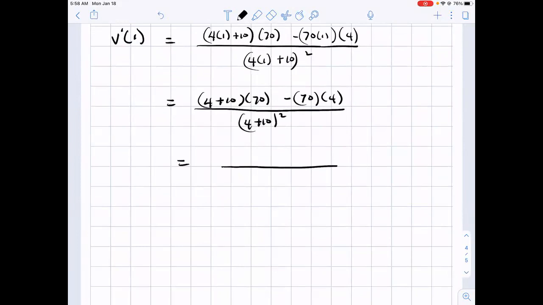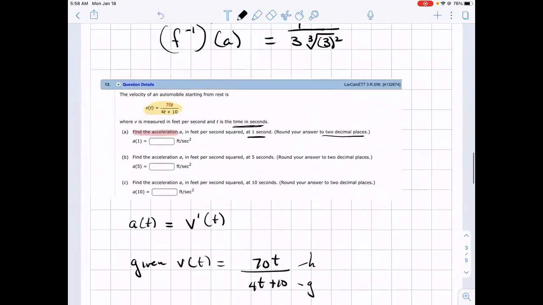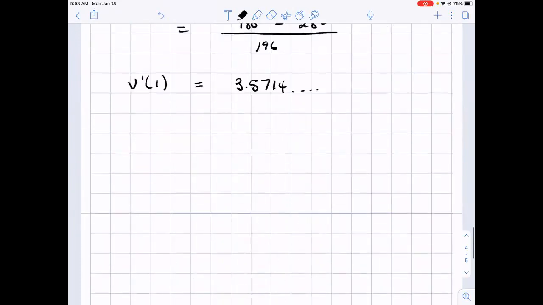Multiplying the two first, 14 times 70 will give me 980, and 70 times 4 is 280. 14 squared is 196, and v prime of 1 will be 3.7514... Your question says to round to 2 decimal places, so v prime of 1 will be